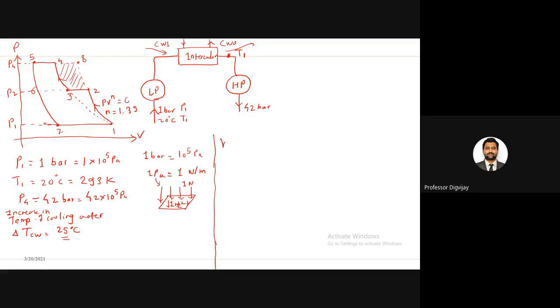Okay, so the formula for the work required in case of a compressor, this is for two stage. The formula is n upon n minus 1. As this is a two stage, the formula will be P1 V1 inside the bracket. First we'll take P2 by P1, so this is the low pressure compressor pressure ratio, P2 by P1 raised to n minus 1 upon n, plus